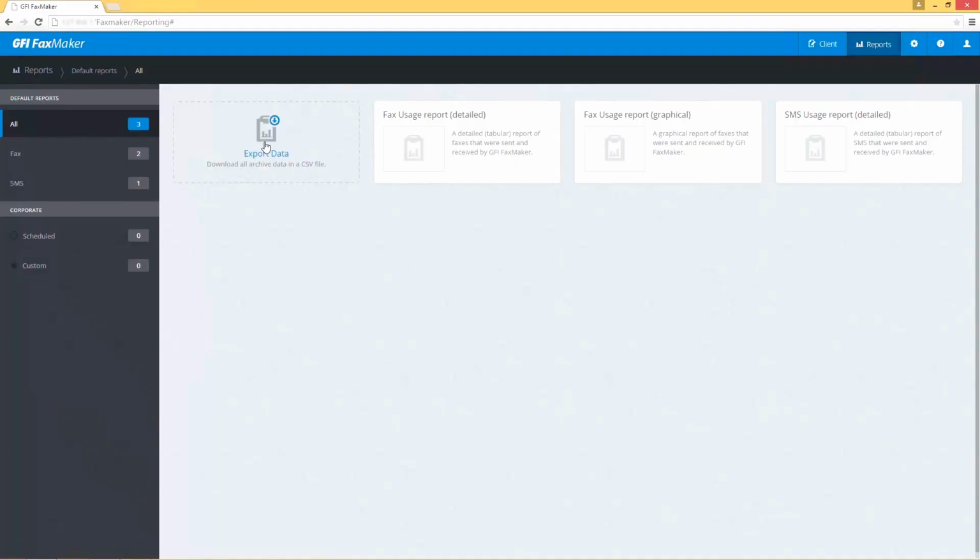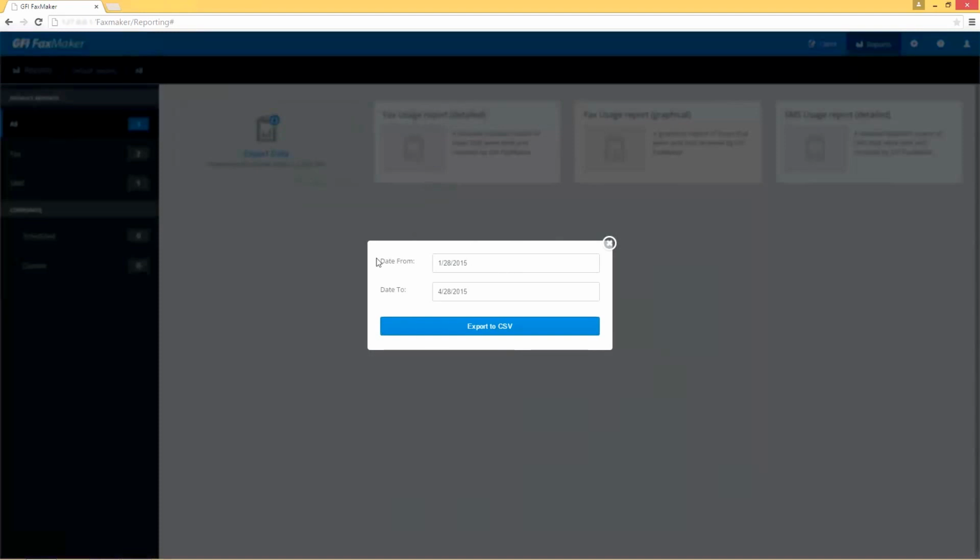Right, yes. In the reporter, we've got the export data option over here. The advantage of this is it's going to ask us what date range we would like to export the data from, because it could be that the administrator is doing this recurrently, so he just wants the most recent data since the last extract. Or they can go for the full database, enter just the date range, click on export,